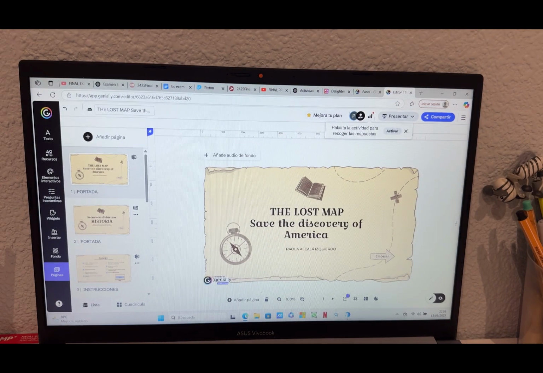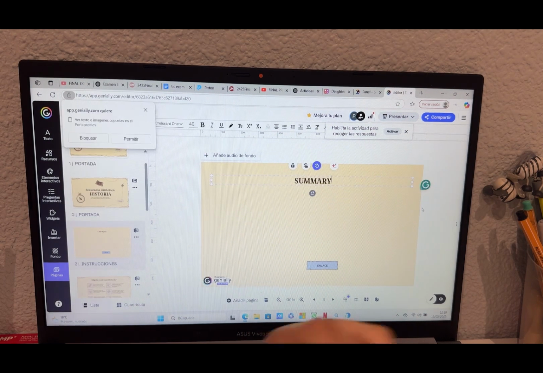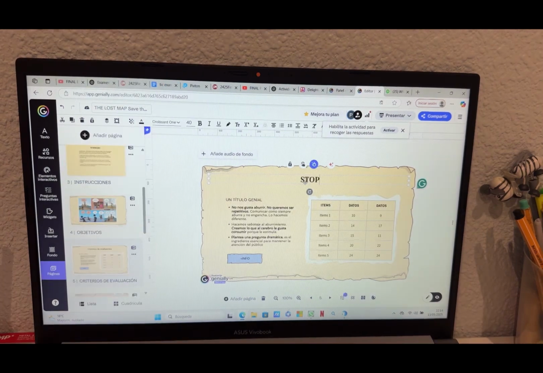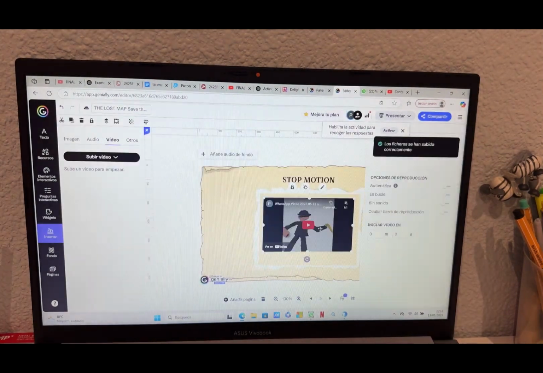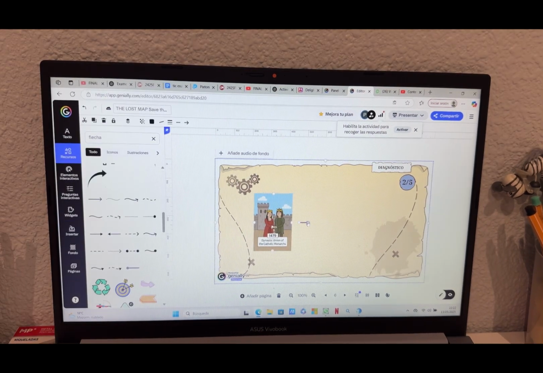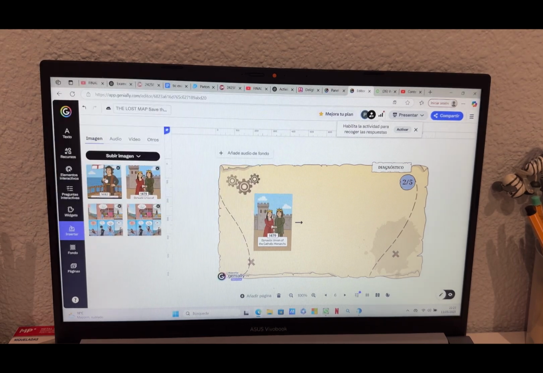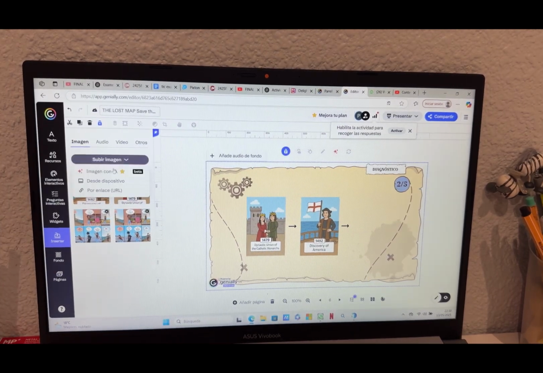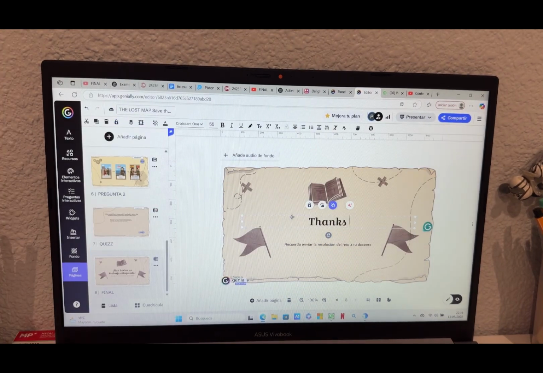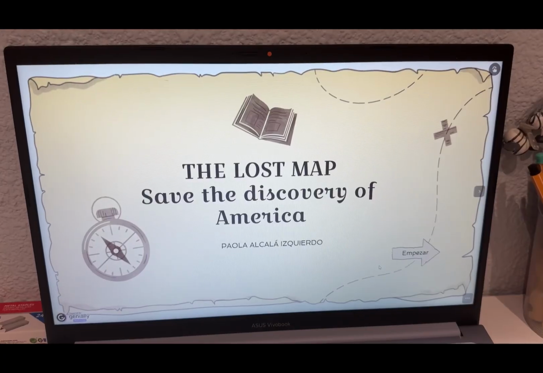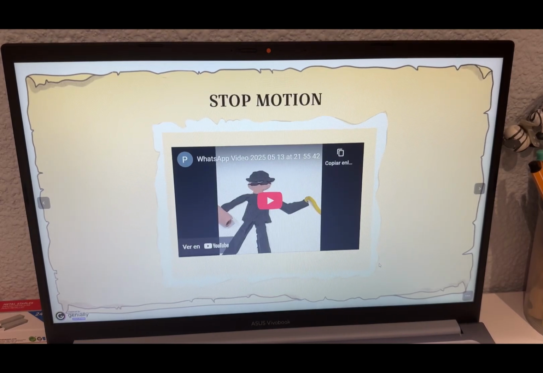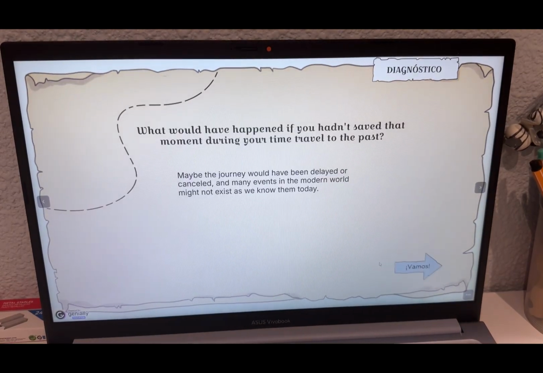And the third activity is an interactive presentation made with Genially or with other apps such as Canva or others. In the presentation, the students must include a cover with the title of the mission they have created for the comic, a short summary of that mission or of that story, the stop motion video, and then they have to create a timeline with 3 events: one that happened before, one during the key moment of the story you choose, in my case the discovery of America, and one that happened after the event you save. And finally, they answer the question, what would have happened if you hadn't saved that moment?